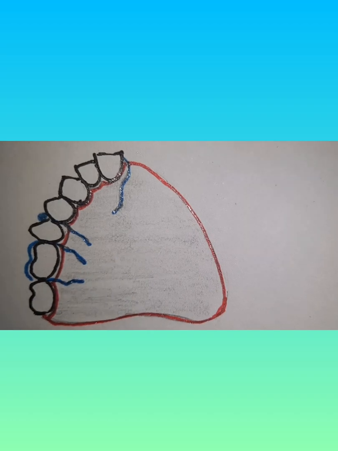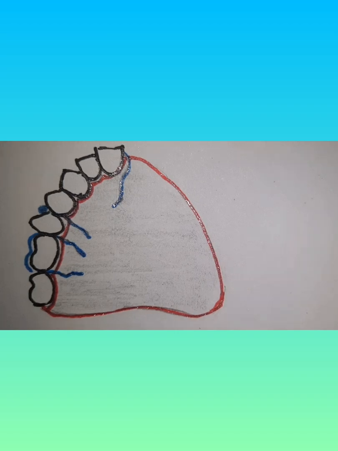Also you can provide a closed hollow bulb which extends into the defect if required, because if the defect is small then you don't require a bulb. So if you have a large defect, then you can give a closed hollow bulb in order to close the